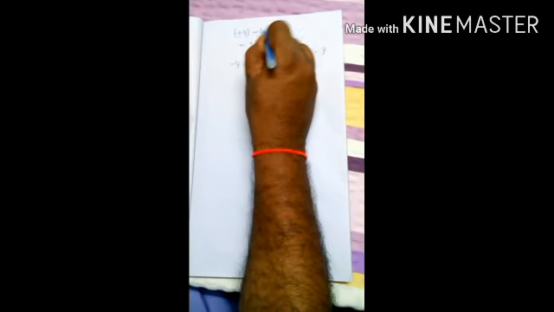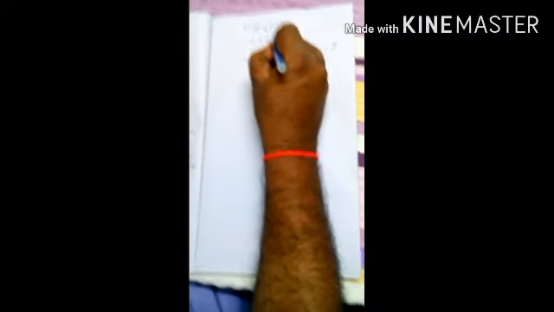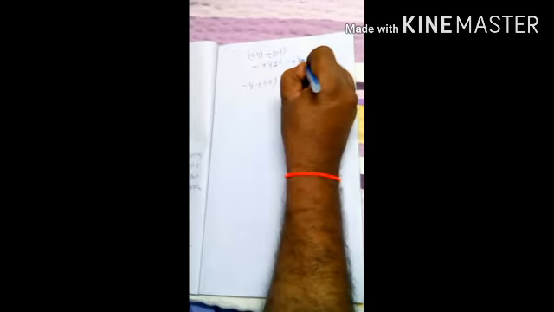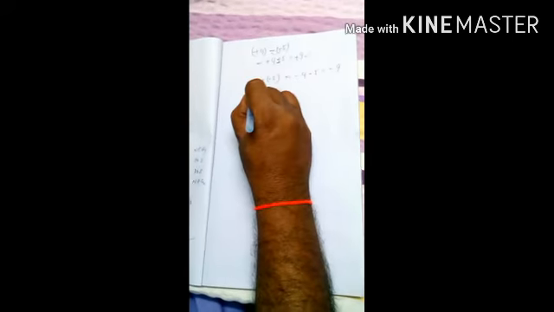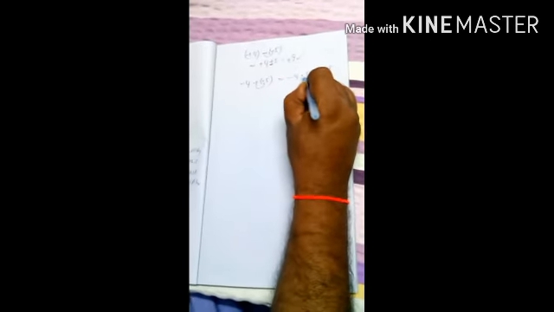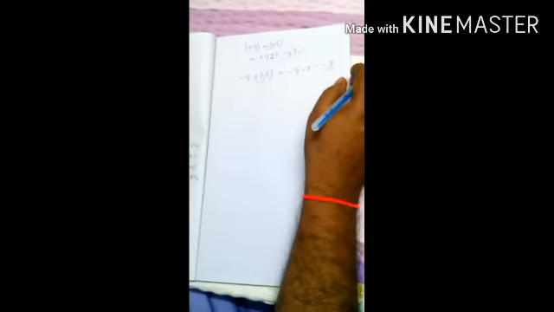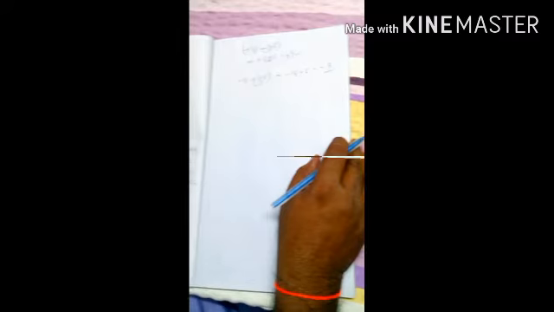Plus 4 minus minus 5, people are using minus into minus plus. That's why plus 4 plus 5, plus 4 plus 5 is equal to plus 9. Minus 4 plus minus 5 is equal to, here again you are using plus into minus minus. Minus 4 minus 5 is equal to minus 9. Like this, already you know very well. You can follow that method.